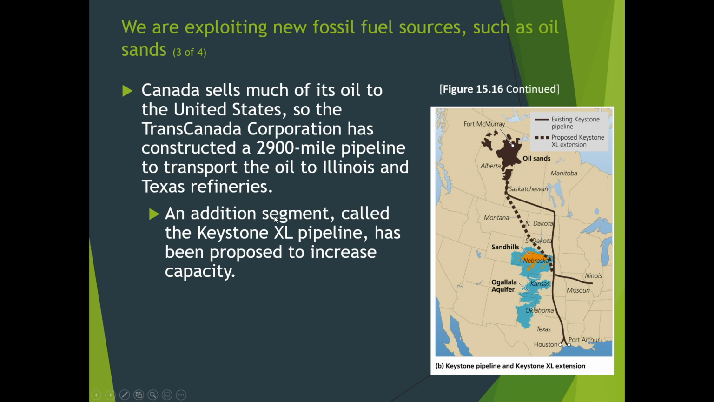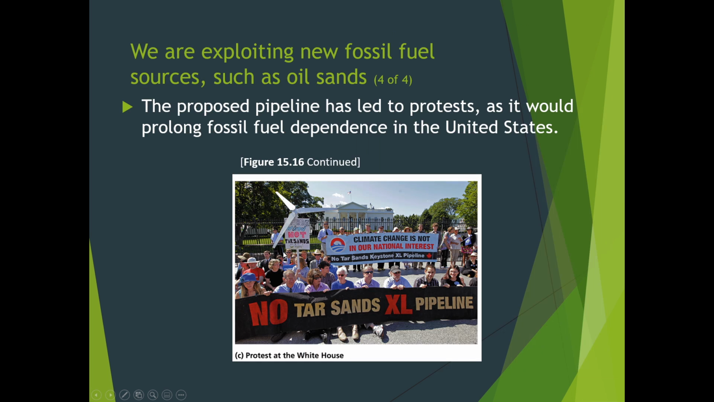All right, and the additional segment called the Keystone XL pipeline has proposed to increase capacity. We want to be able to get more stuff down, and not necessarily to the center of the United States, but actually down to these ports. All right, and they want to take a shortcut through some people's homes. And I don't know if you saw some of the protests that happened during this time, but people were getting arrested and chaining themselves up to the White House fence and saying, "Hey, we don't want you to do that